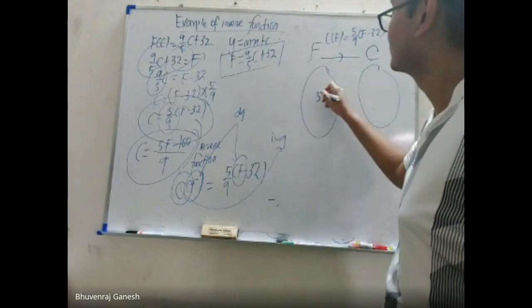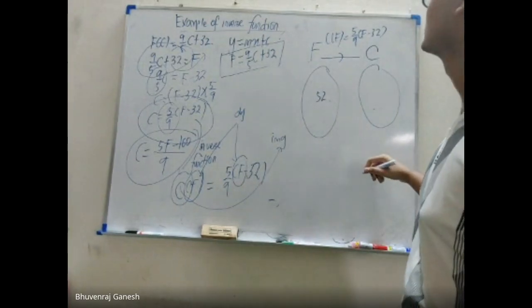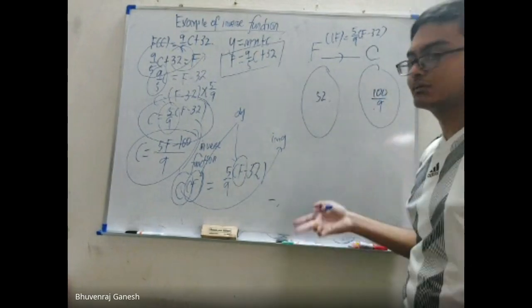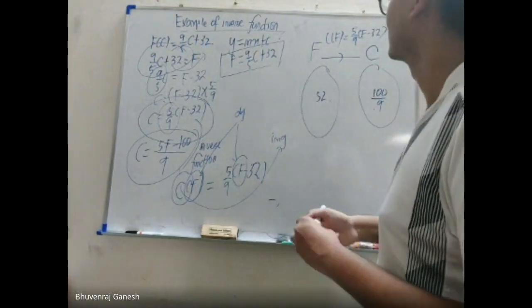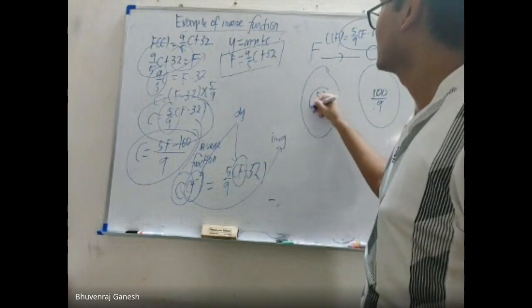Let's say I put 52 Fahrenheit. So you will find out that your Celsius will get 100 over 9. So you can find out the value with your calculator, of course. So that's how we can also prove that negative temperature exists, because not always your Fahrenheit value is going to